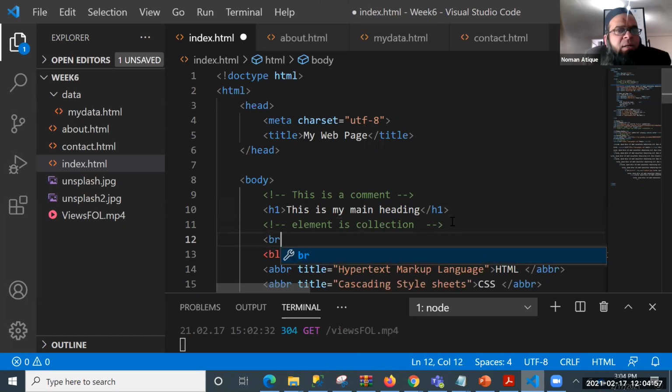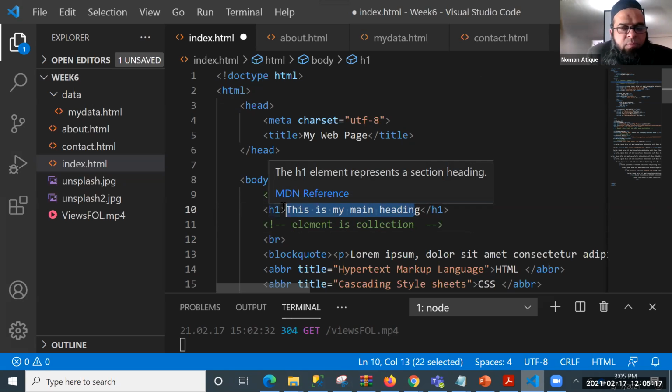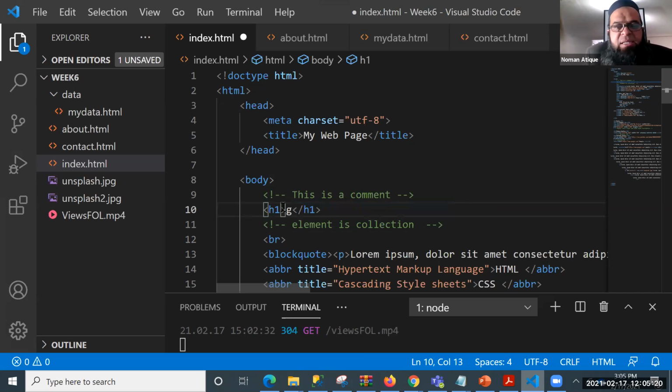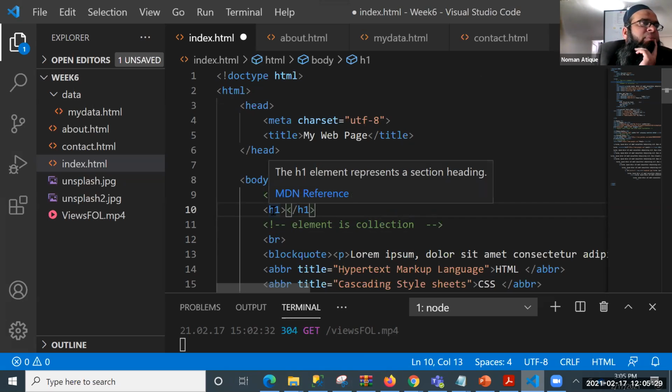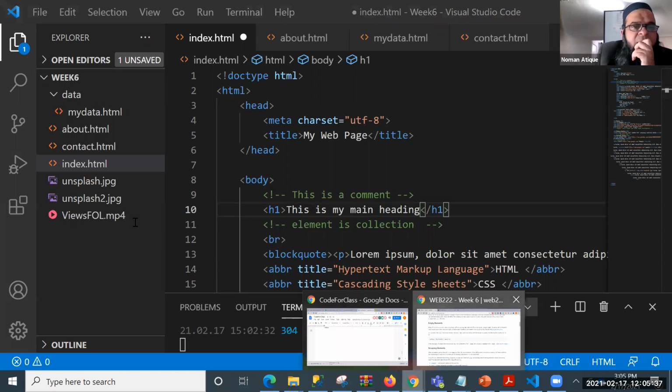Now, what is an empty element? You see that BR. Do we have a pair for this BR? No, because BR is a singular tag. You remember I talked about how BR is a singular tag, and alongside that, BR can also be called an empty element. Why? An element without any contents is called an empty element. For example, if I do not write anything in between this H1, you will say this element is an empty element. Are you getting the point? An empty element is an element that does not have contents in between.